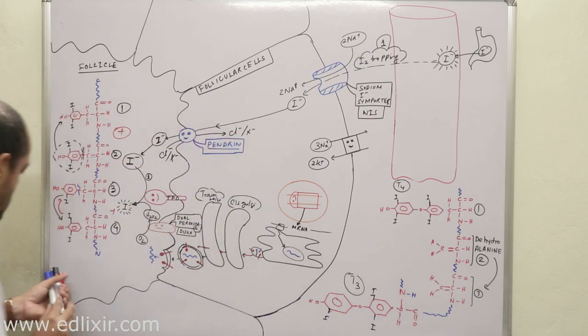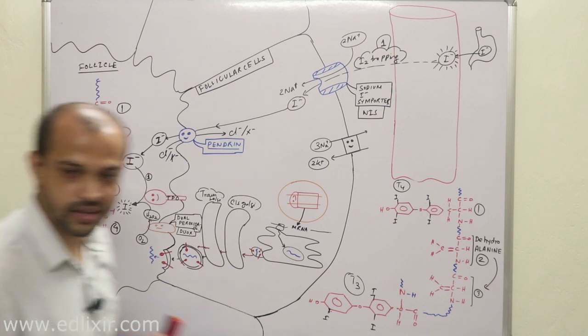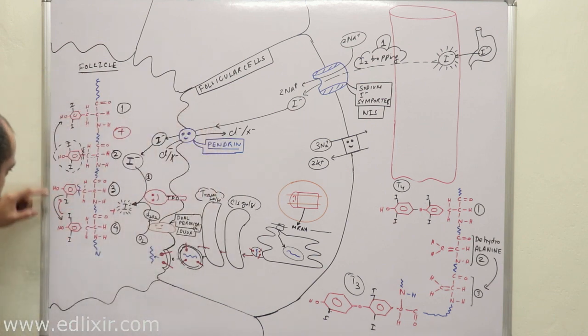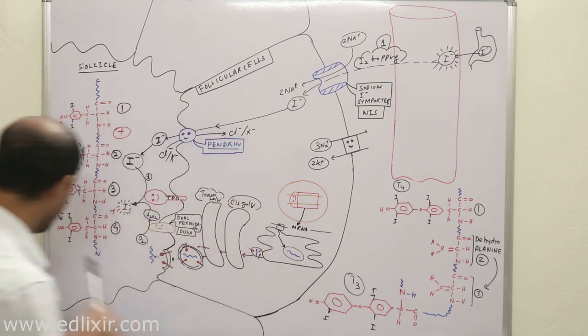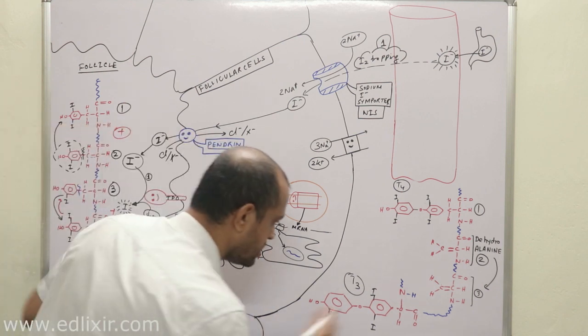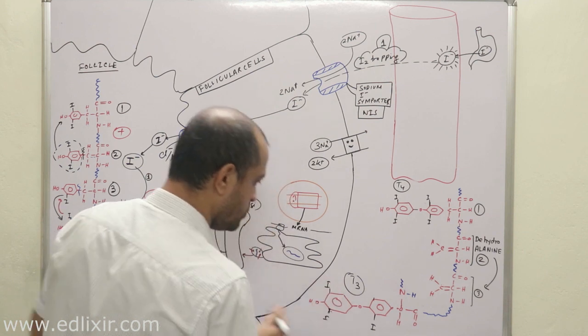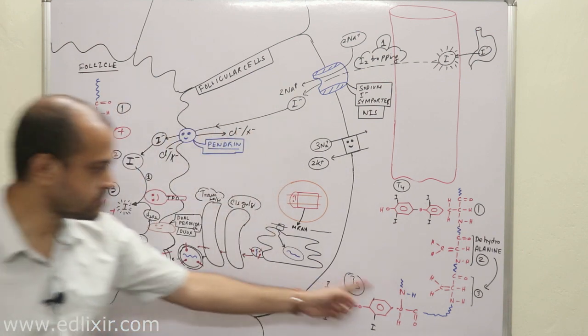Now another case we need to understand here is this. What happens if we join this fourth benzene ring with the third benzene ring? Let us draw. Now listen. We are joining the fourth benzene ring with the third benzene ring, right? That means it will look like this, right? It will look like this, right?